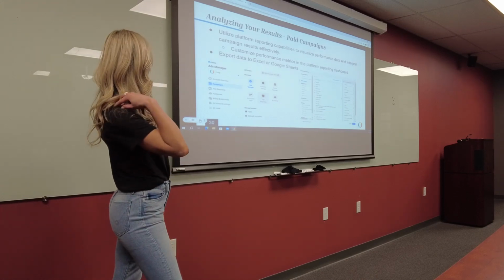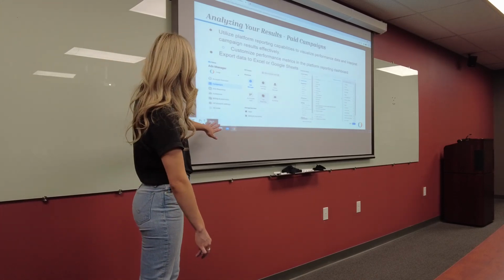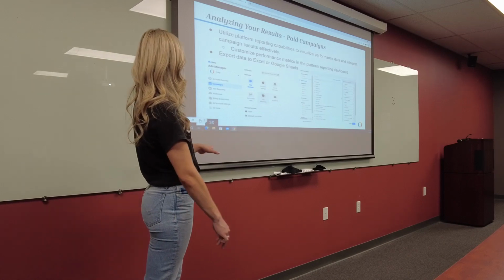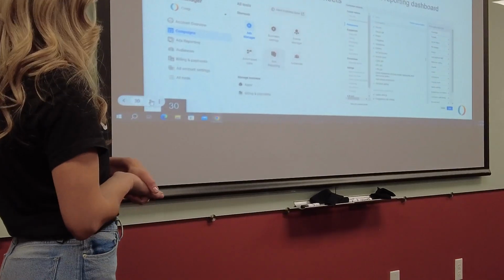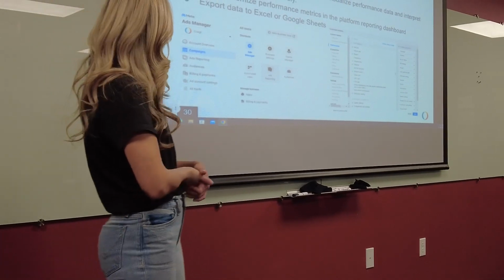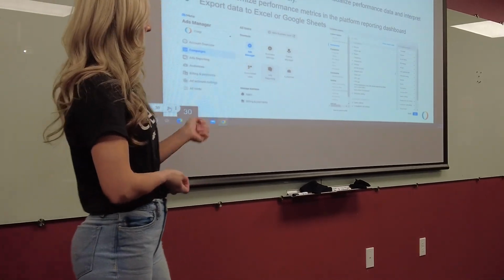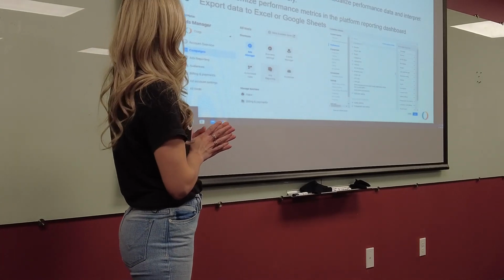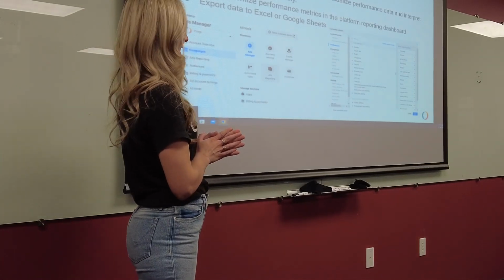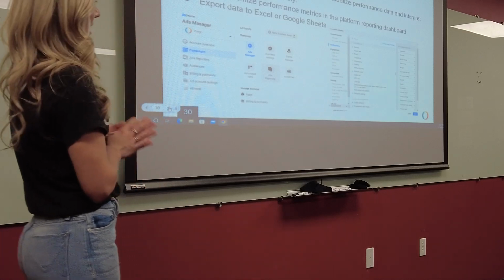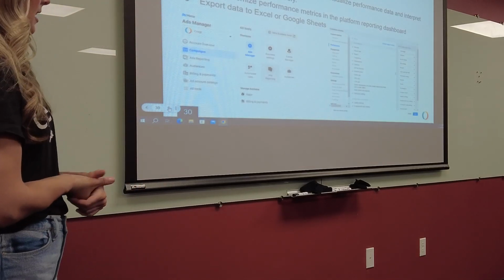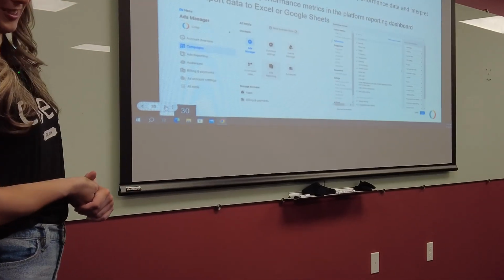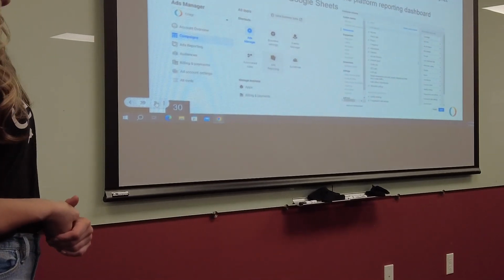So when you log into Ads Manager, you'll see this taskbar over here with all of the different options for where you can go. To run your ads, you would select Ads Manager, and then you can go in there and create your campaigns. However, to see your reporting, you would come over here and click on Ads Reporting, pull that up, and then you'll immediately see a whole bunch of options, which can be a little bit overwhelming to look at first,